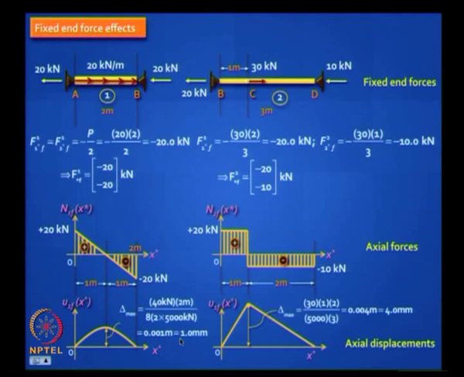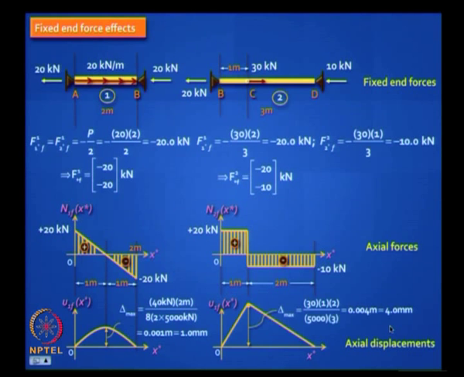This is a very small displacement, makes sense. This one, you have an intermediate load, this is the variation of an axial force, you have a triangular variation of axial deformation, and you know this is PAB by LEA. So substitute those values, you get 4 mm. Is this clear? You do not need to actually do this in most problems, but we want to have a complete understanding, so we want to know exactly what is happening in the structure. Is this clear? So this is what happens due to the fixed end force vectors.